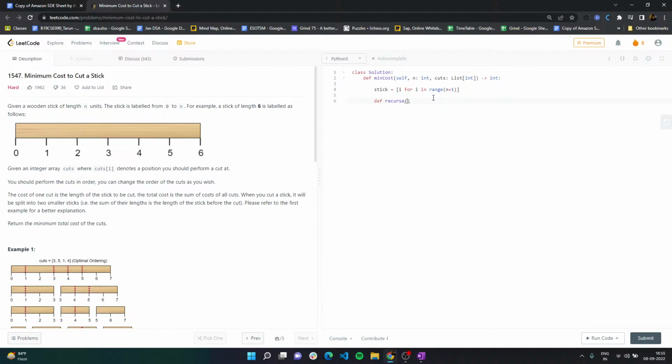So now my recurse function would say that if I have a stick and I have cuts and I have an index, what it is saying is that if I have to make cuts at 3, 5, 1 and 4,